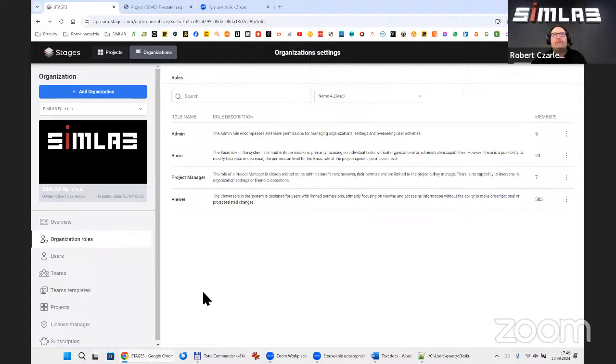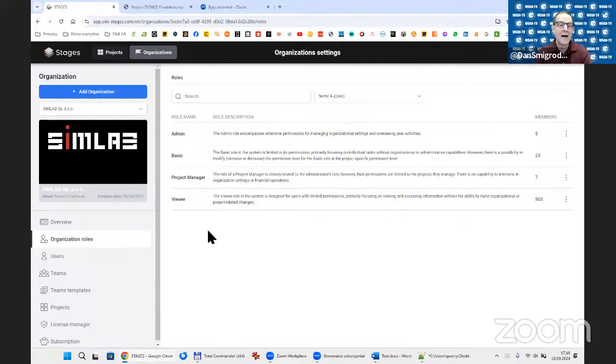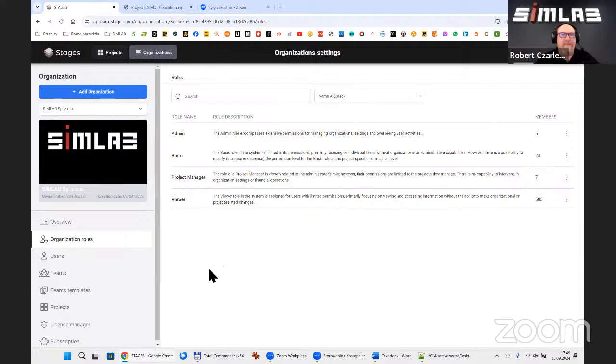Project manager is almost the same role as the admin, but limited to a particular project. Okay. And so the admin may be able to see 10 different projects. The project manager assigned to a specific project kind of has the admin role, but it's limited to that particular project. Exactly what you said.